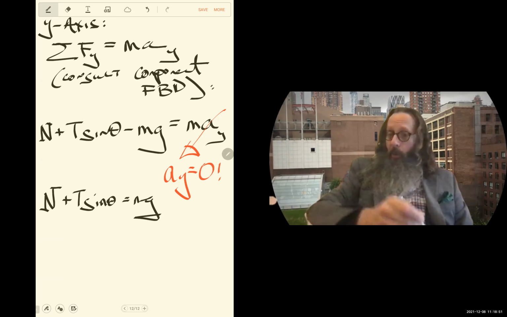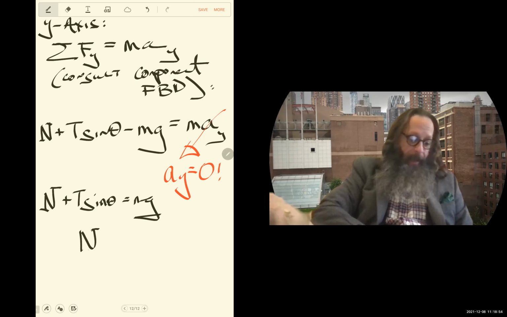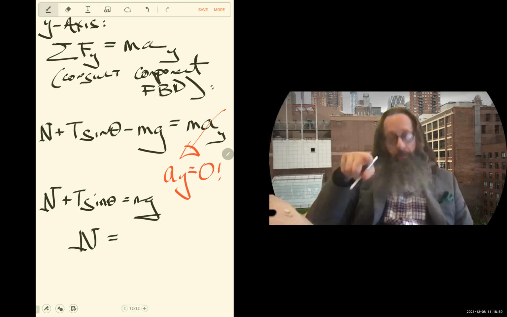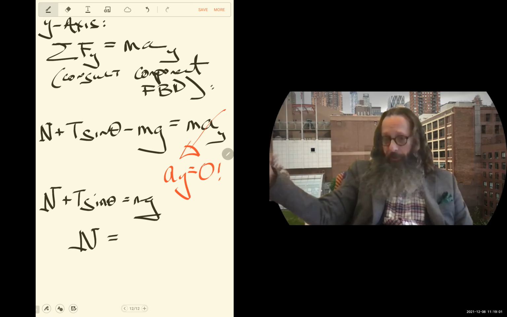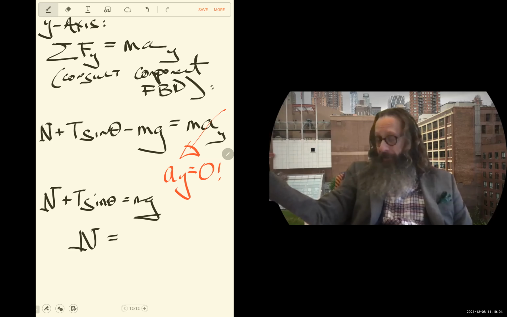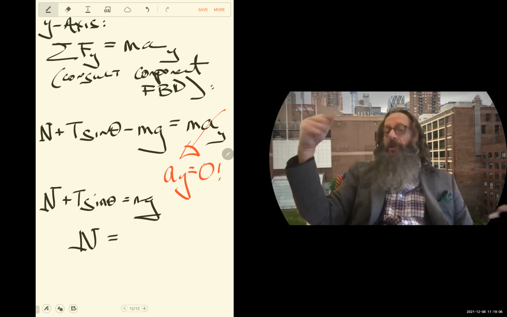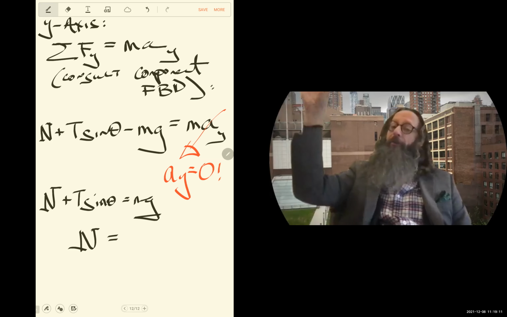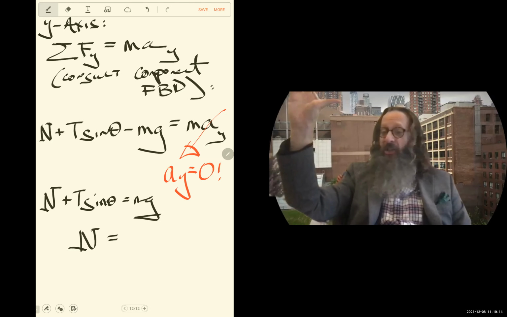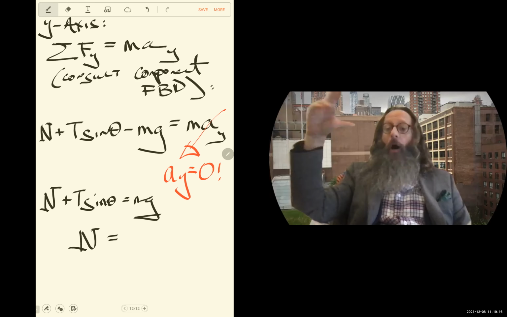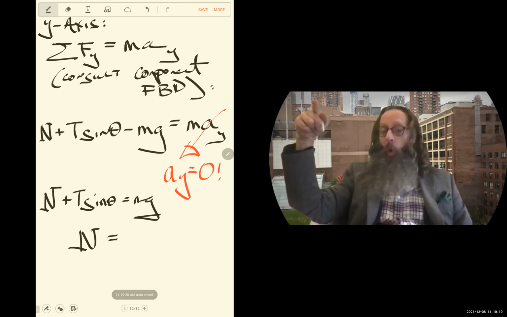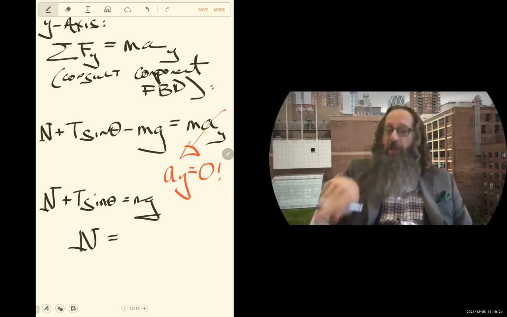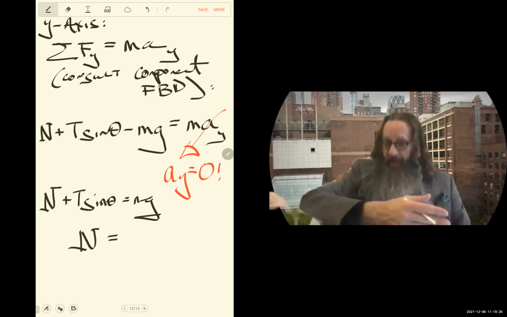What are we solving for here? What do I care about? I care about N because N is going to determine friction. And again, once you get in the habit of doing this and you follow what I'm doing, like for the inclined plane or for the final exam, my strategy is to set up the axes the way I said. And then my general habit is I always solve for the y-axis first. I always solve for the axis I don't care about first, so I can get information about the normal force there. Then I use that information from the normal force to plug into the friction on the x-axis that I actually care about. And that is what we're doing here.